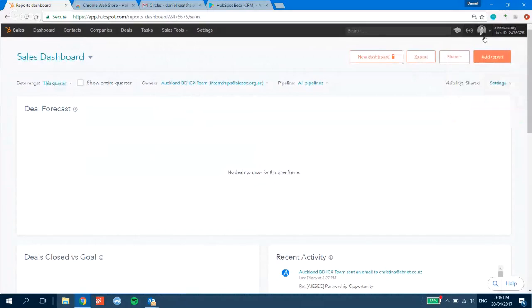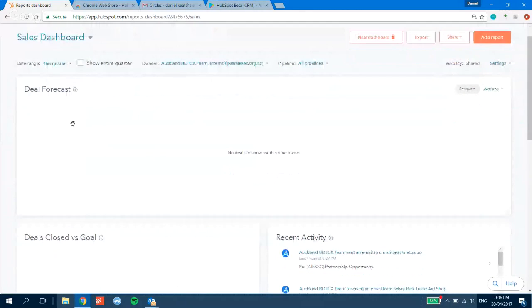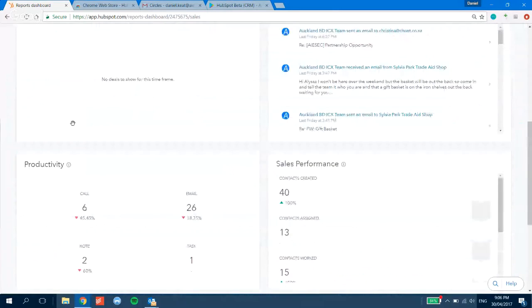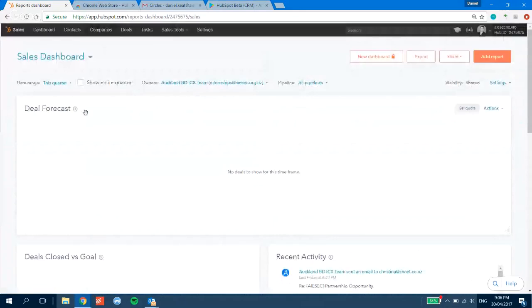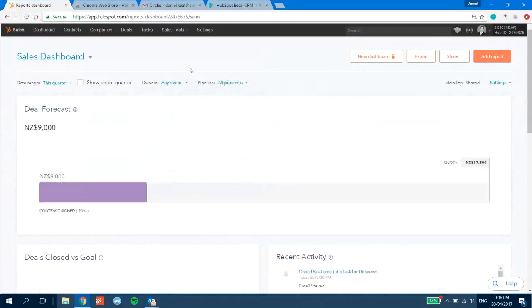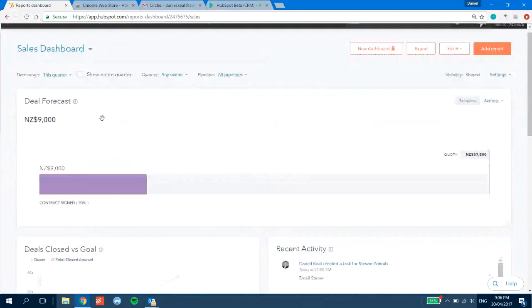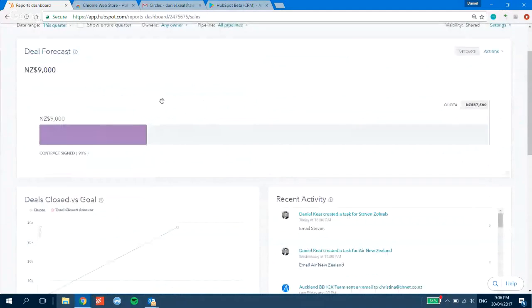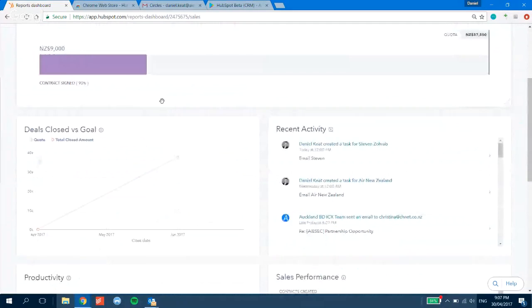It'll show you a nice picture of you if you've got one, what organization you belong to, and so forth. And you'll be first of all brought to the sales dashboard, which is what you see in front of you now. The sales dashboard shows you everything that's going on in the organization at this point in time. It allows you to see, for example, what's happening in the whole organization, the amount of deals that we're likely to have in terms of money that are going through the pipeline right now,